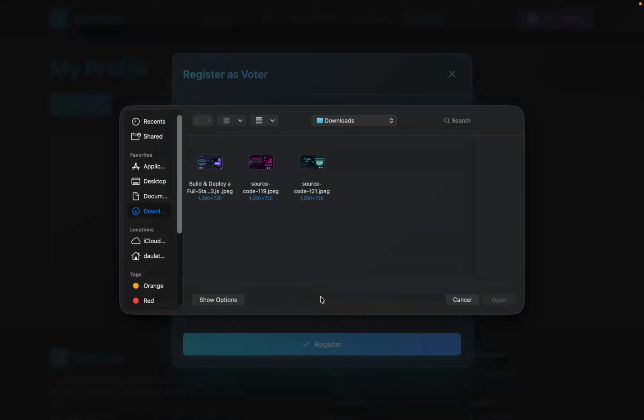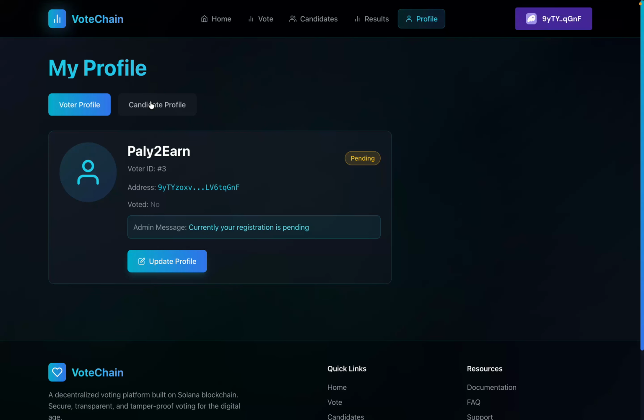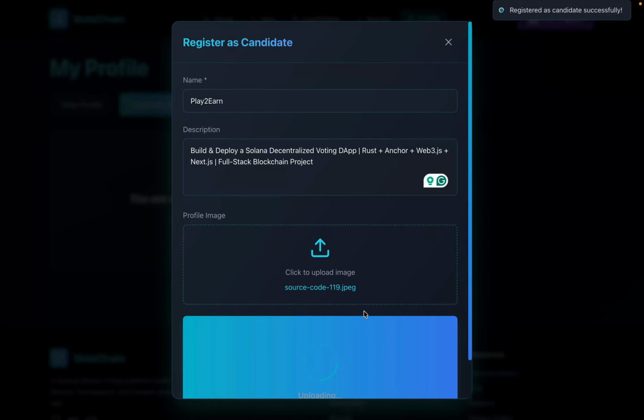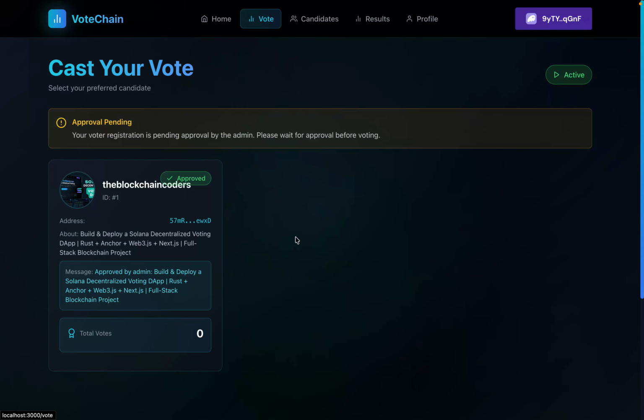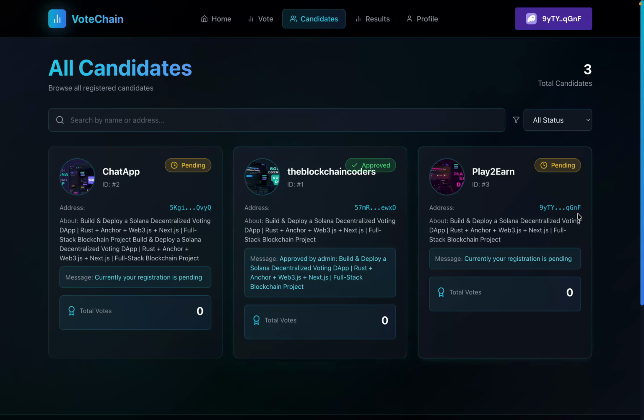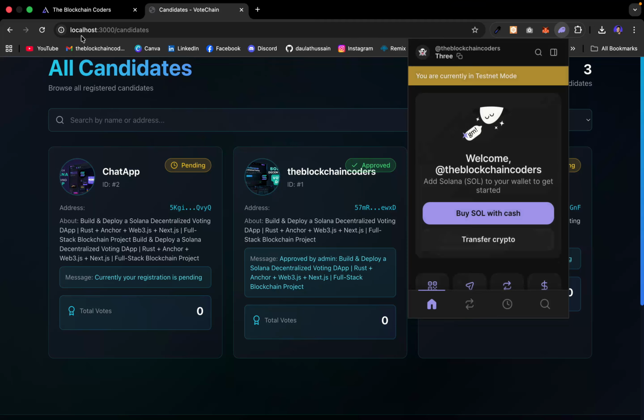Welcome back to your first ever Solana Mastery project, in which you're going to build your own decentralized voting DApp on the Solana blockchain, using the Rust Anchor framework for writing the smart contract, and Web3.js and Next.js as a front end. Let me give you the complete walkthrough of the features and functionality we have included